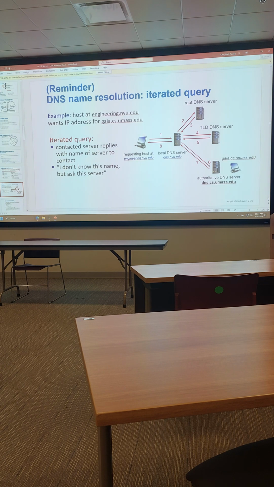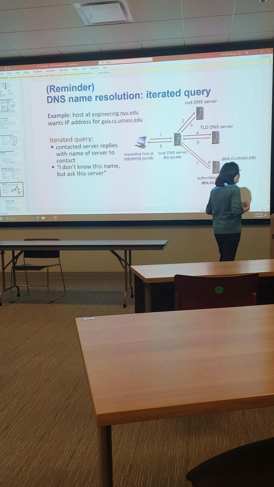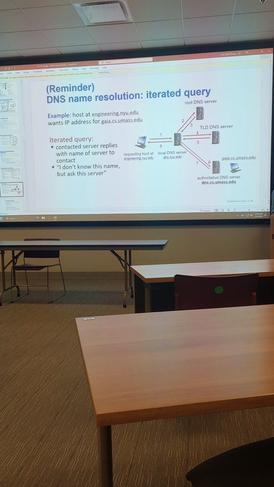Yeah. So those are command line tools. These days there are also web-based ones. But again, you do need the command line tools for any network related troubleshooting.